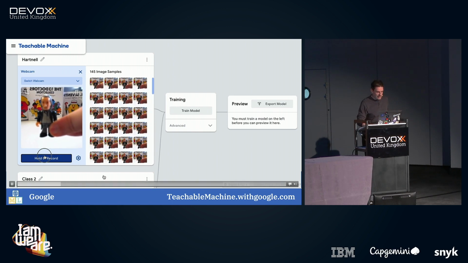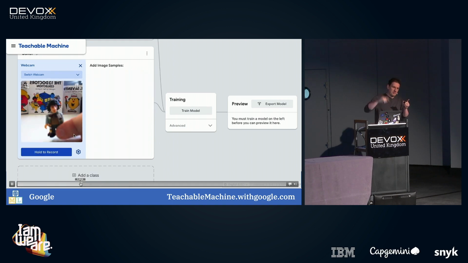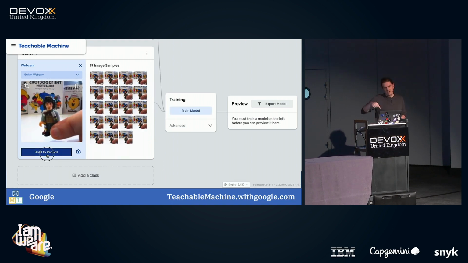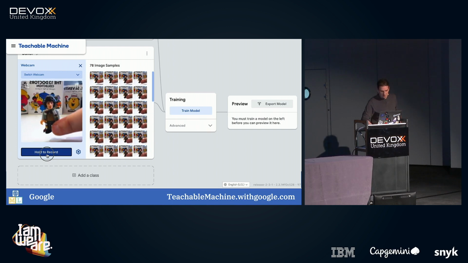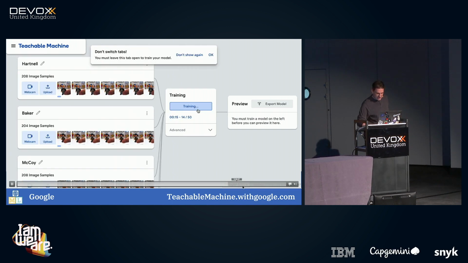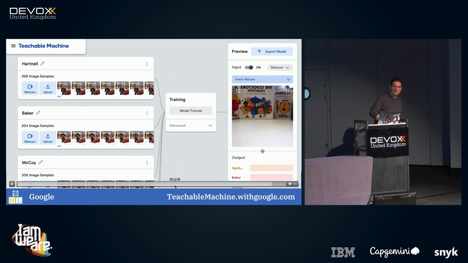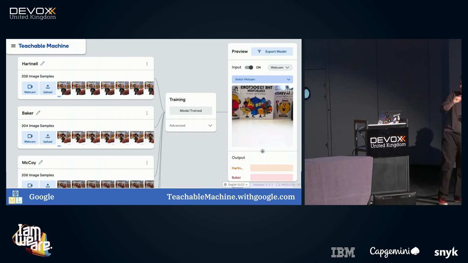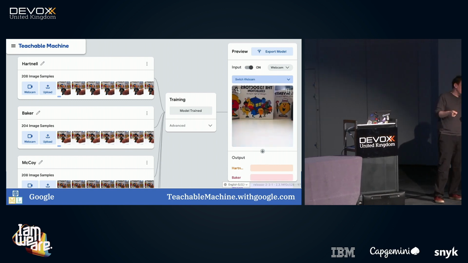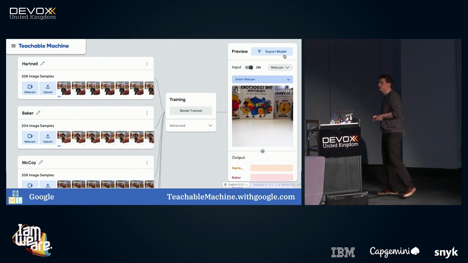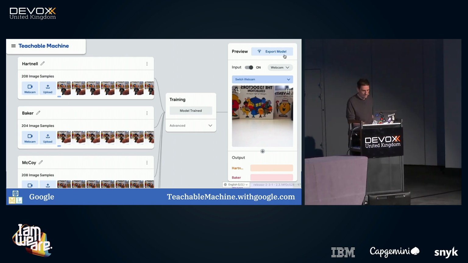So then, you pick up the next Lego figure and hold it in front of the webcam, hold down the hold to record button, get loads and loads of examples. Before you know it, you've got a neural net. And if I skip to the end after I did it with quite a few, you can train it, and it all runs inside the browser, so the images don't leave the browser, which is quite a nice little touch. And then if I skip to the demo, you can test it, and you can see the output from the model in the bottom right there. So you see the confidence for each of the different classes. And that's just a nice way to let them train their own model, see how it behaves, see what outputs it comes up with.